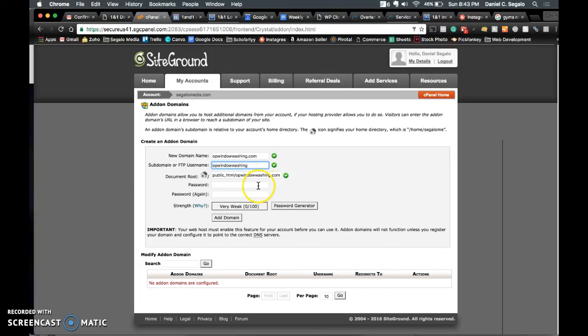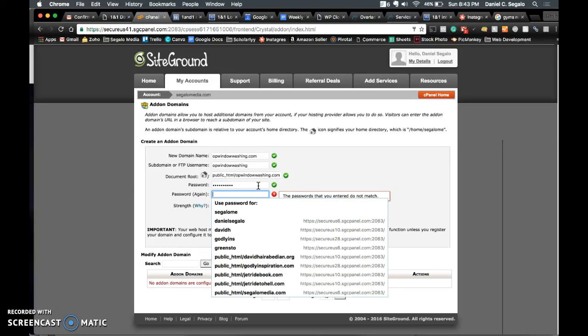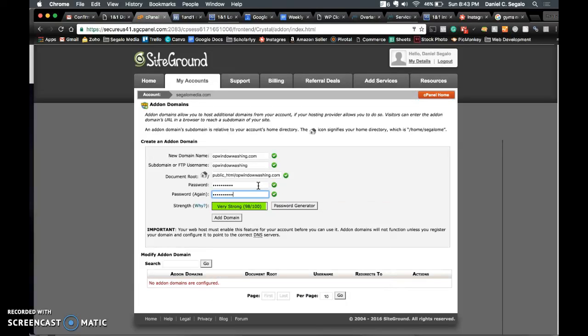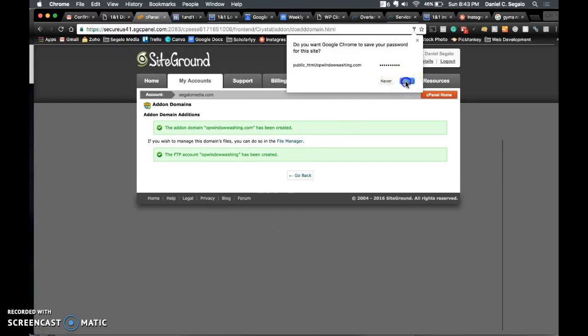Okay. Now create a password for it. It really doesn't matter what password you put in here. We can always go find it if we need to. I've actually never needed this password for anything. But anyway, go ahead and hit Add Domain. And it is going to add this as an add-on domain for us to then build the website on